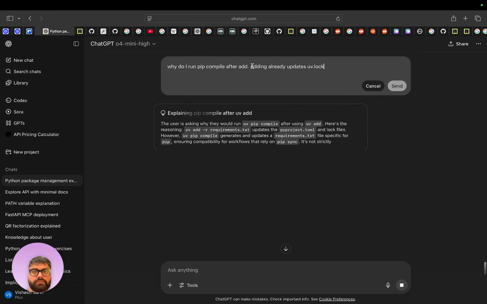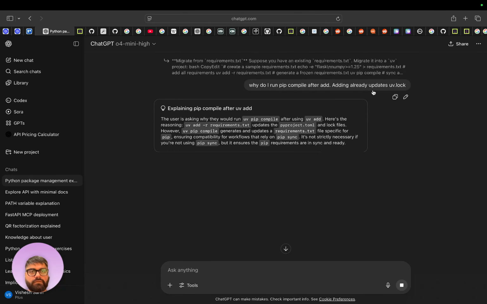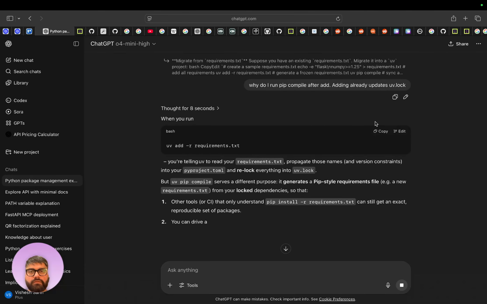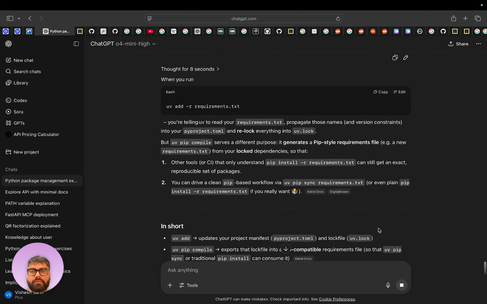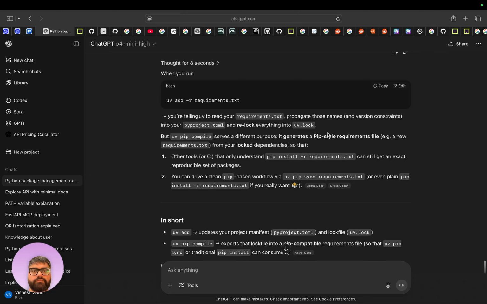Actually, let me just remove this and relock everything into UV-lock. But UV serves a different purpose, it generates a pip style requirements file from your lock dependencies.